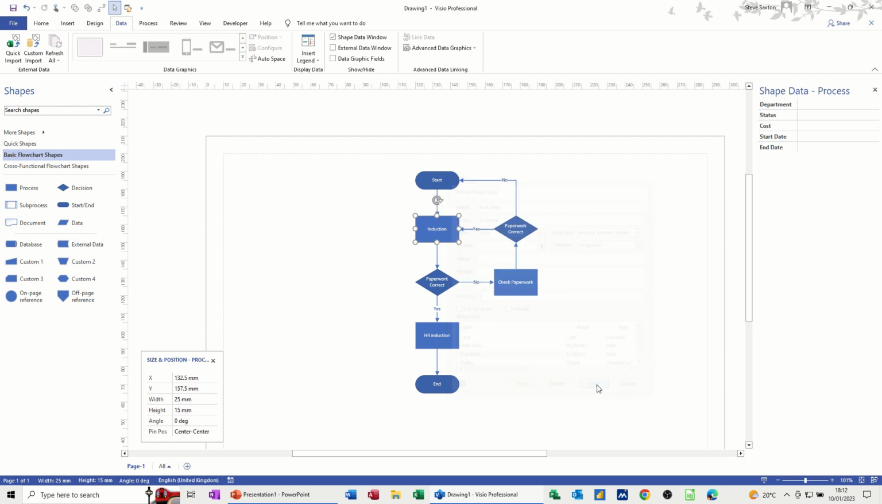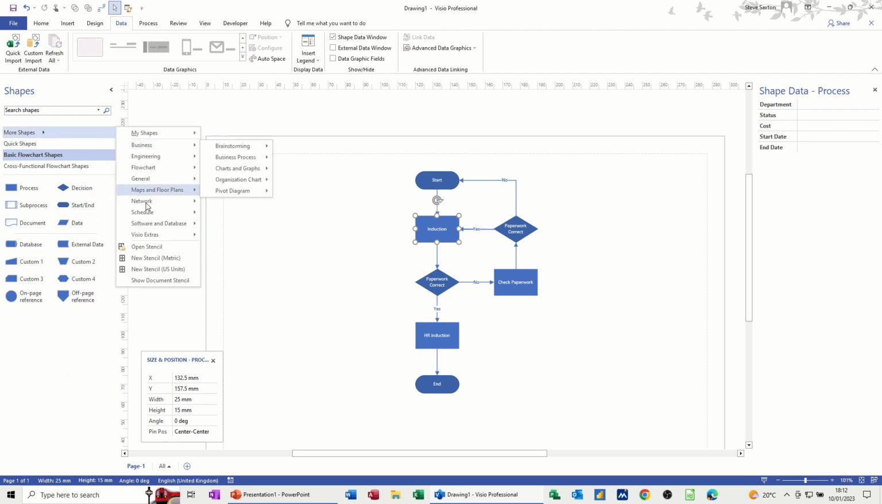So if I click OK to that, they now run in that order, so you just changed the order. Now on these other shapes, that hasn't applied because I've just done it to this shape. So what you really need to do is create your own stencil. So if I just show you that, if I go to more shapes, and then you've got down here